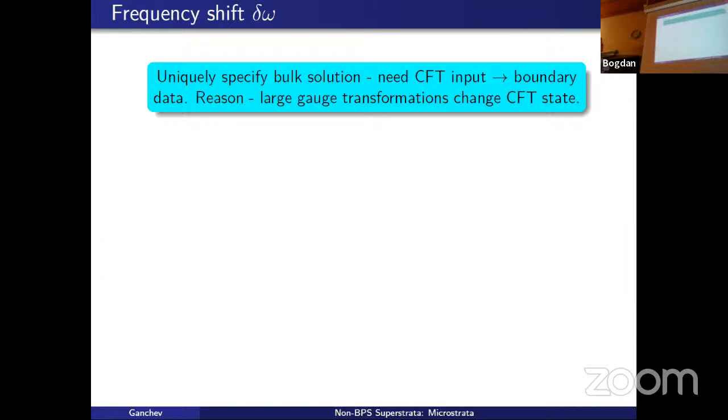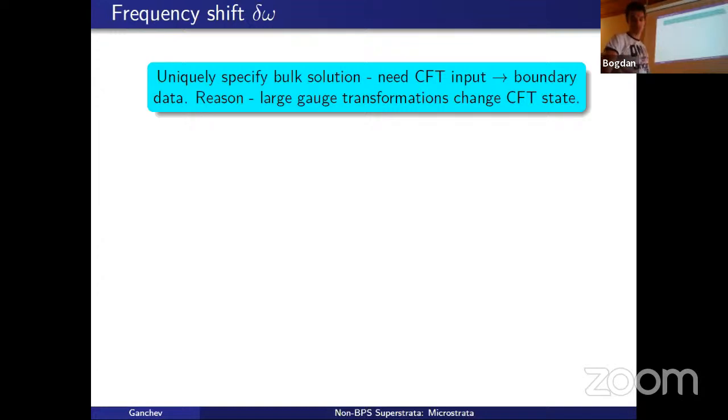But there are large gauge transformations that supergravity does not care about, but they change the CFT state, which means that you need to provide some boundary data, some CFT input, in order to uniquely specify your BPS solution. In other words, you need to tell me what CFT state you want exactly, so that I can construct its exact dual,